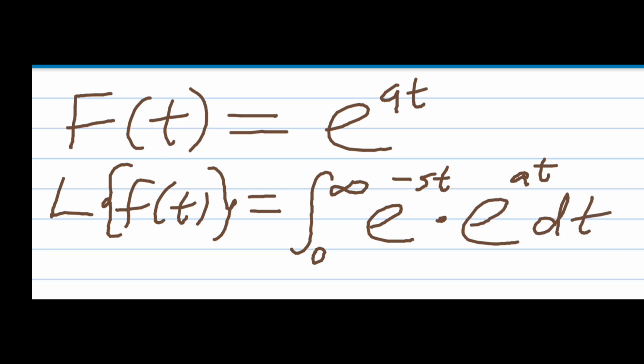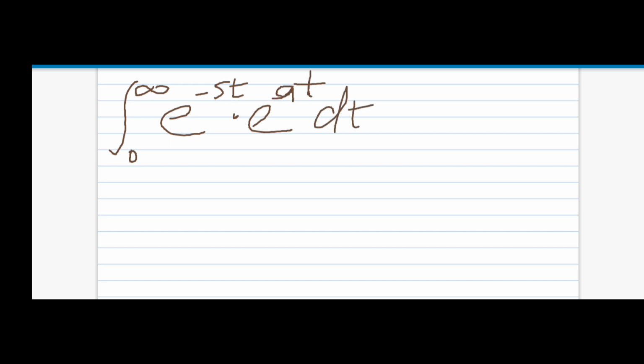So we now have the integral of 0 to infinity of e raised to the power minus st dot e raised to the power at, dt, which will give us